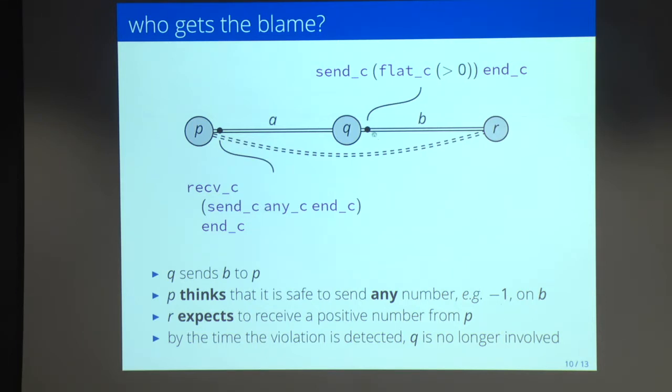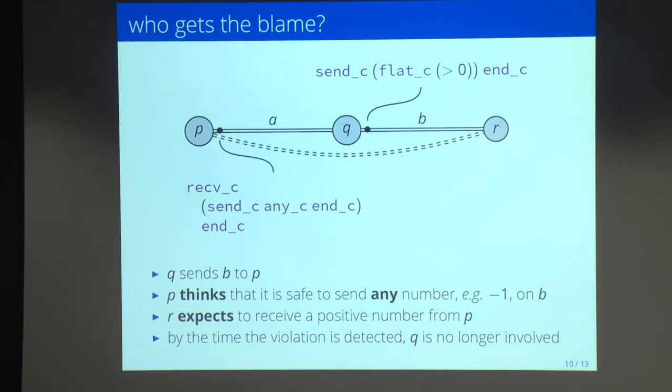On the other hand, the session connecting Q and R is such that R is expecting to receive a number that is strictly positive. So Q might decide to send B, the endpoint B, to P. At this point, P thinks that it is safe to send a negative number on this endpoint, whereas R